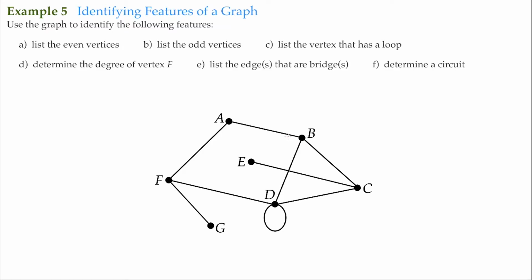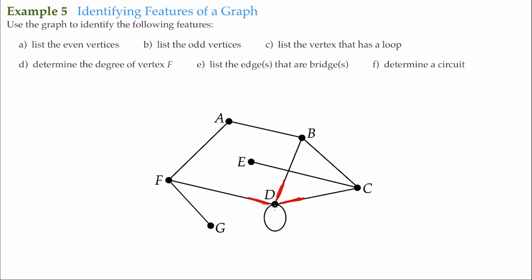For B, we have 1, 2, 3, so this one is odd. For C, we have 1, 2, 3, so this one is also odd. For D, we have 1, 2,